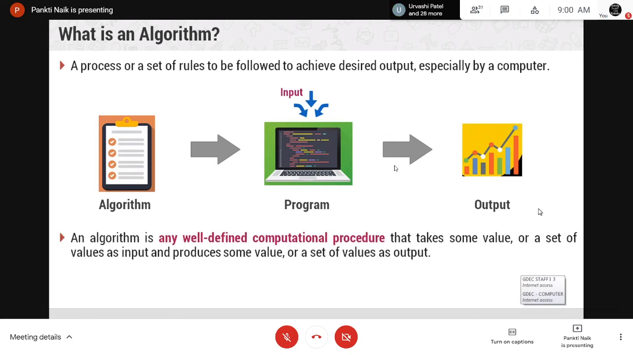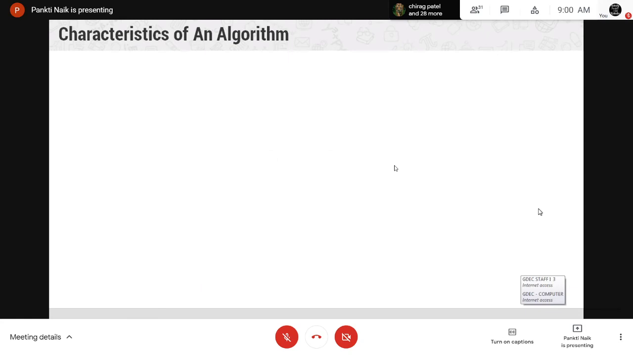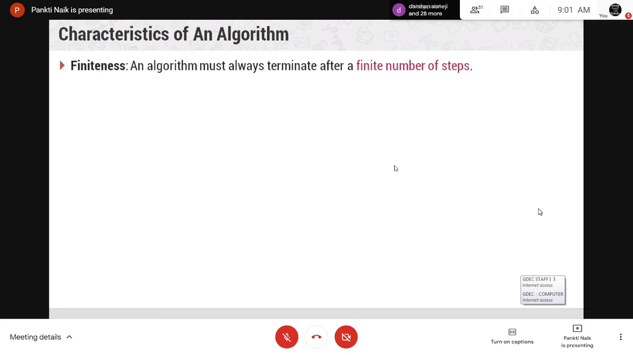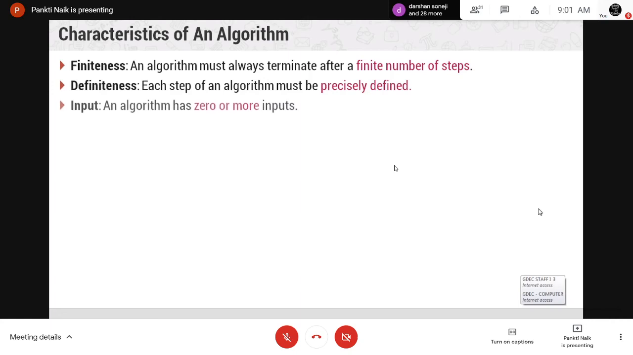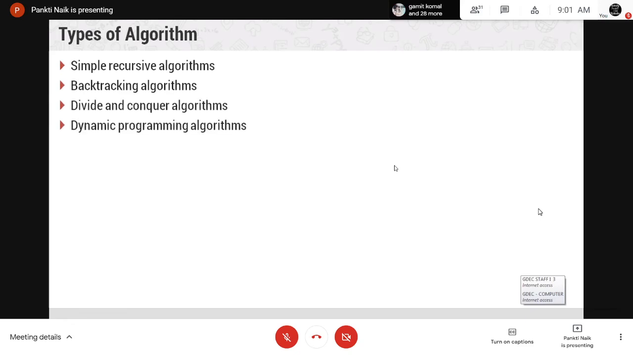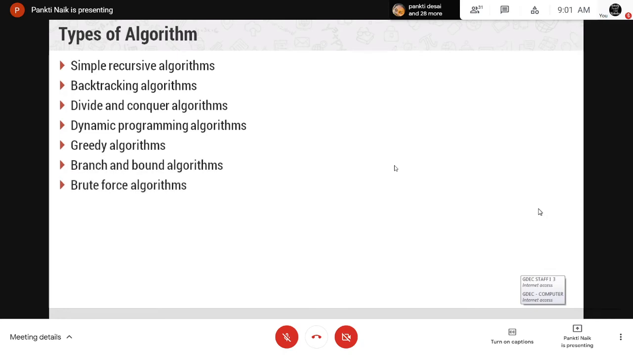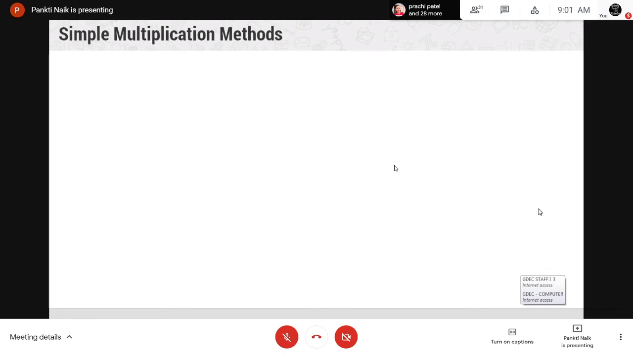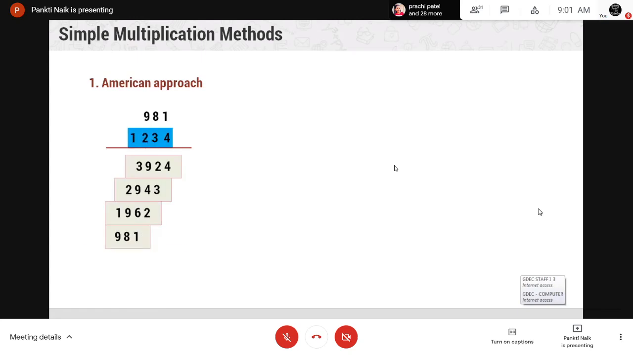We saw that an algorithm is any computational procedure that takes some value or a set of values as input and produces some value as output. Then we saw different characteristics of algorithm: finiteness, definiteness, infiniteness, right? Then types of algorithm: recursive algorithm, backtracking algorithm, divide and conquer algorithm, dynamic programming algorithm, greedy algorithm, branch and bound algorithm, brute force algorithm. Right? Then